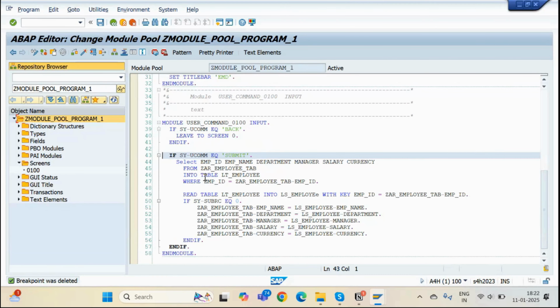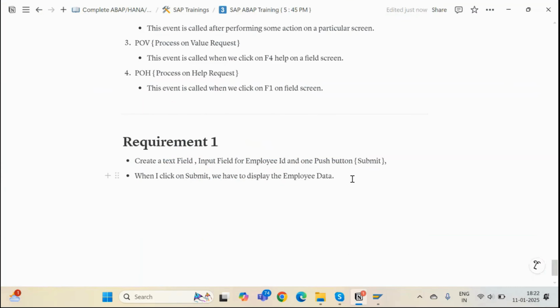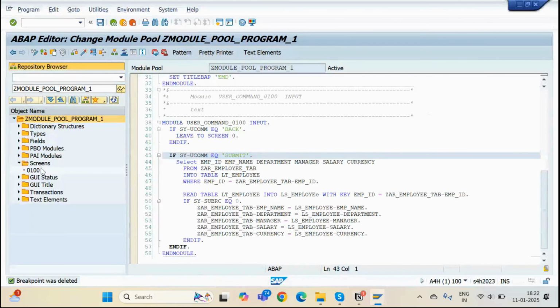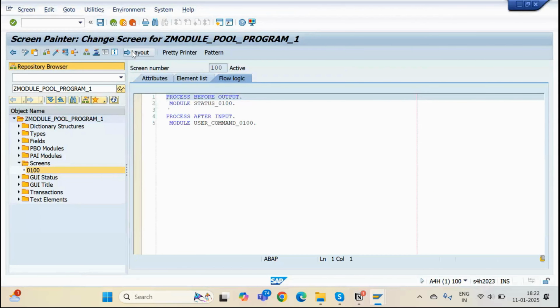Now let's say I want to display item data also. Display the project data now. If I have to display the item data also, how am I going to display it there? So first thing you need to understand, if I go to this layout again, layout,